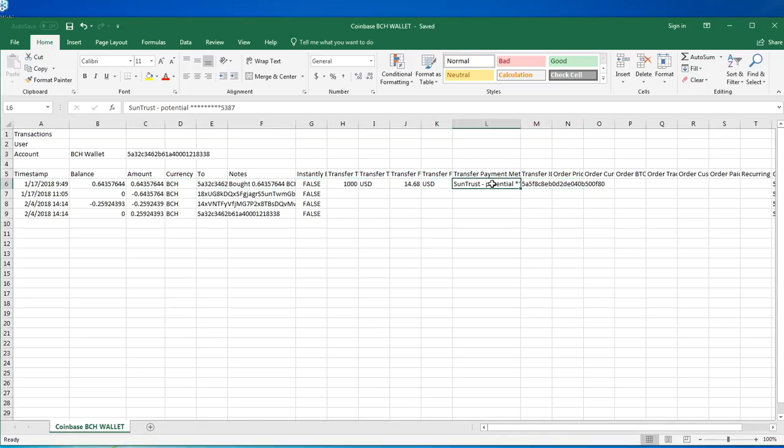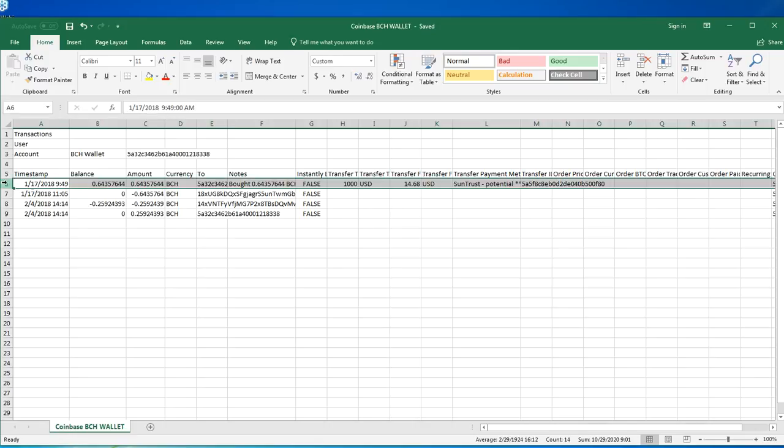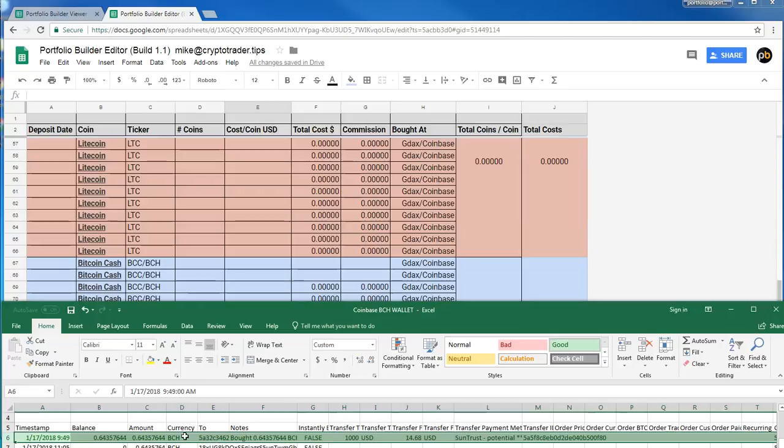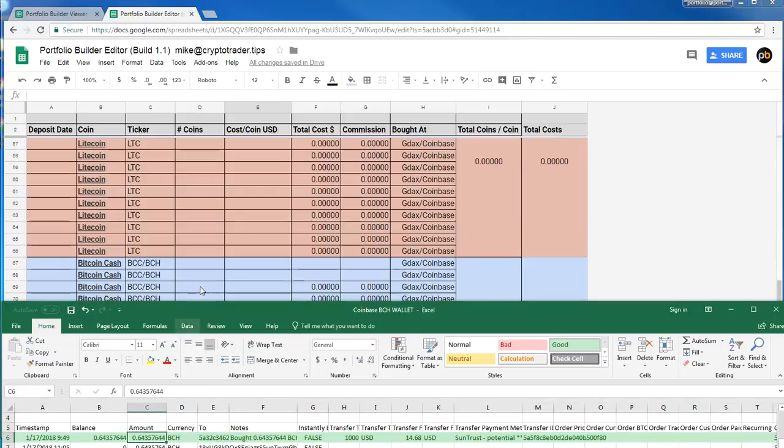Okay, in this spreadsheet we can see that there is one trade for purchasing, or rather depositing from the Sun Trust for $1,000 worth of Bitcoin cash at a transfer commission cost of $14.68 for this amount of Bitcoin cash. So I can easily input that into the spreadsheet. And you can see I'm down here at the Bitcoin Cash section on the deposits. And so what I'll do is grab the amount,